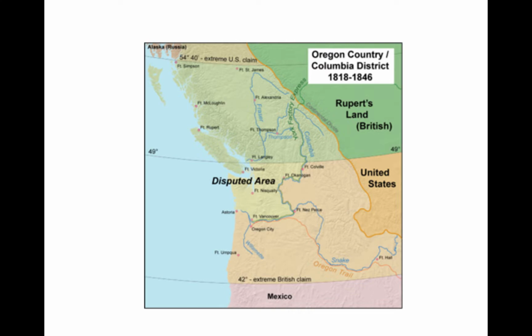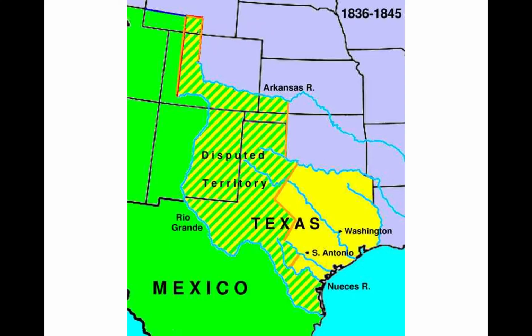Right? As soon as he won, the first thing Polk did was he sent ambassadors to Britain to cut a deal over Oregon. What they agreed on was that they were going to cut it in half. That is, all this area north of this line would become Britain, all of this area south of the line would become the United States, with the exception of Vancouver Island that would go to Britain, that would become part of Canada. Once Oregon's out of the way, he concentrates on Texas.